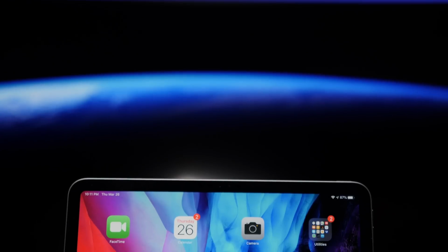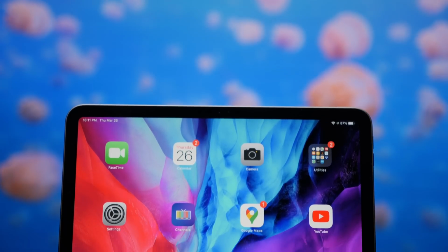And if you're looking for my Magic Keyboard review, well, so am I, but that's gonna have to wait until May. Now the question here, is this their best iPad Pro yet? Absolutely. But then, is it worth the upgrade? That answer, it depends. Now this is easily Apple's best designed iPad from the late 2018 facelift, so I don't